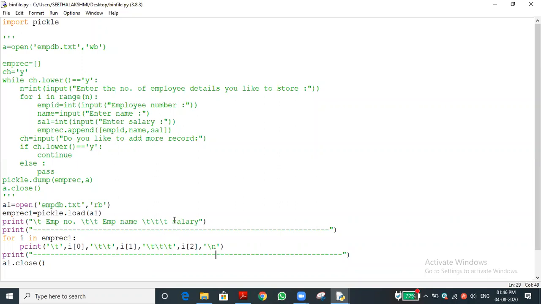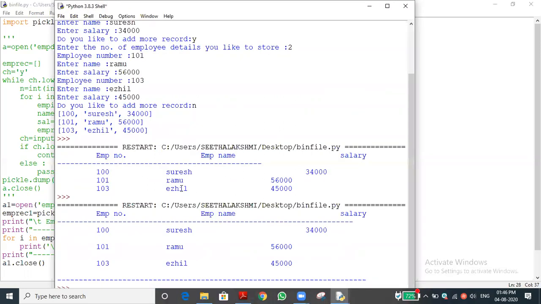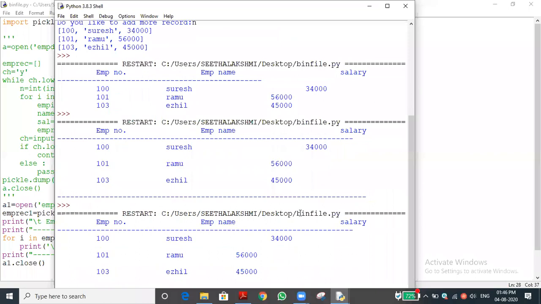Okay, one minute. Again I'm executing this. The first record alone is stored differently.